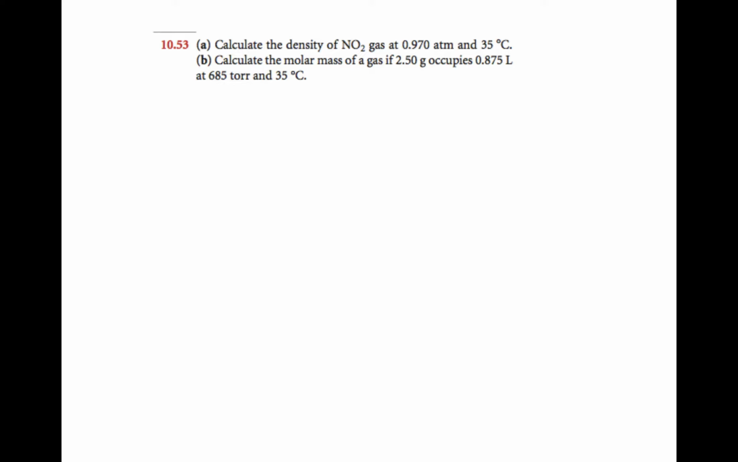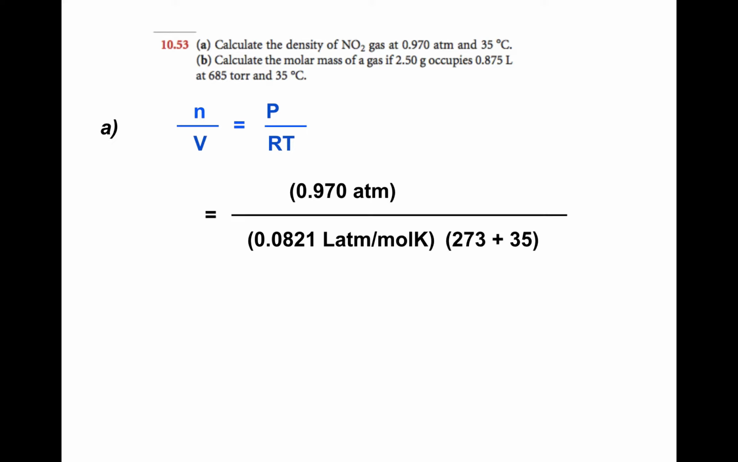53. Calculate the density of nitrogen dioxide gas at 0.97 atmospheres and 35 degrees Celsius. Okay. So P over RT will be equal to moles per liter, right? That's what n over V is. So if I can solve for moles per liter, plug in the pressure, plug in the temperature in Kelvin, plug in R,